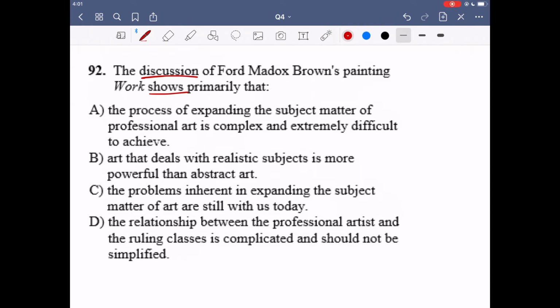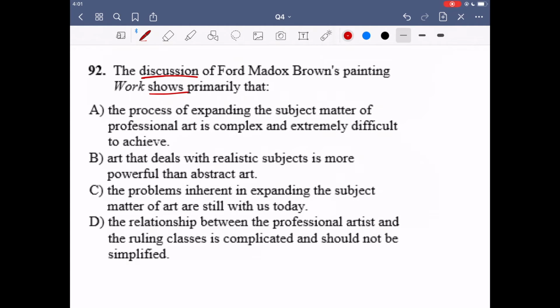Well, going back to the passage, around that time in that part of the passage, what was being discussed is that there's a shift and now artists are trying to make things for other classes as well. This example is shown because this artist made a painting which tried to appeal to the lower classes, but it had a drawback where it seemed religious when it really shouldn't have been. So it shows that even though this person is trying to break the conventions and do something unique, and they spent like 10 years working on this, even so they couldn't break past the conventions of their training and the limited set of experience that they had from their training.